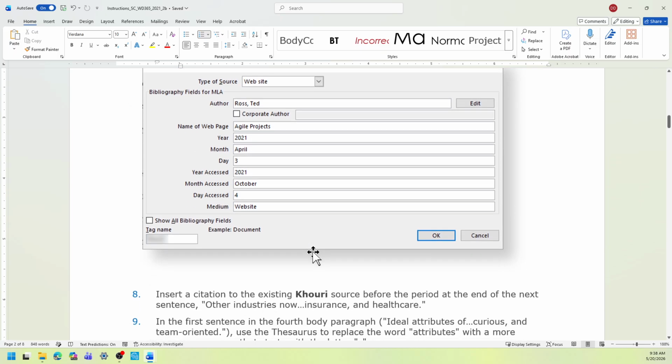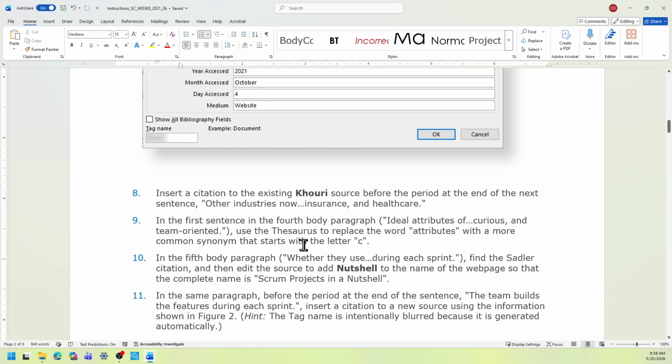The next step, step 8, we're just going to insert the citation to the existing Mira source before the period at the end of the next sentence, starting with the words other industries now, ending in insurance and healthcare.